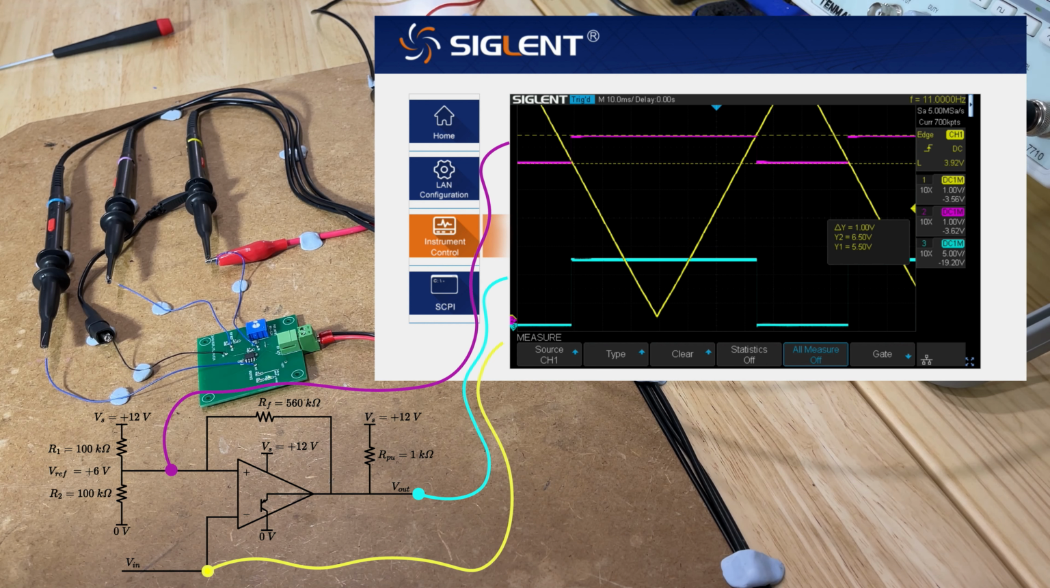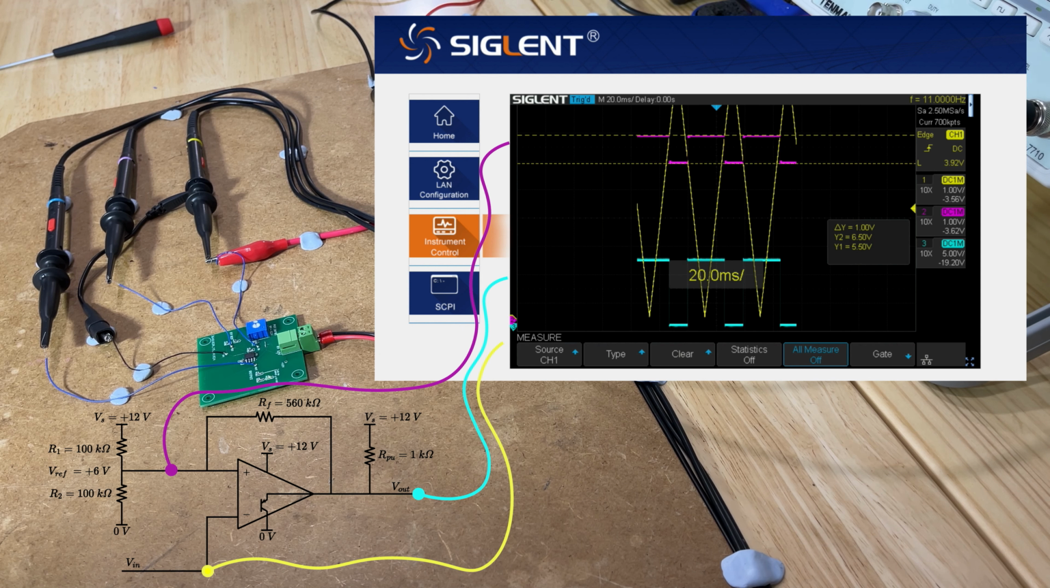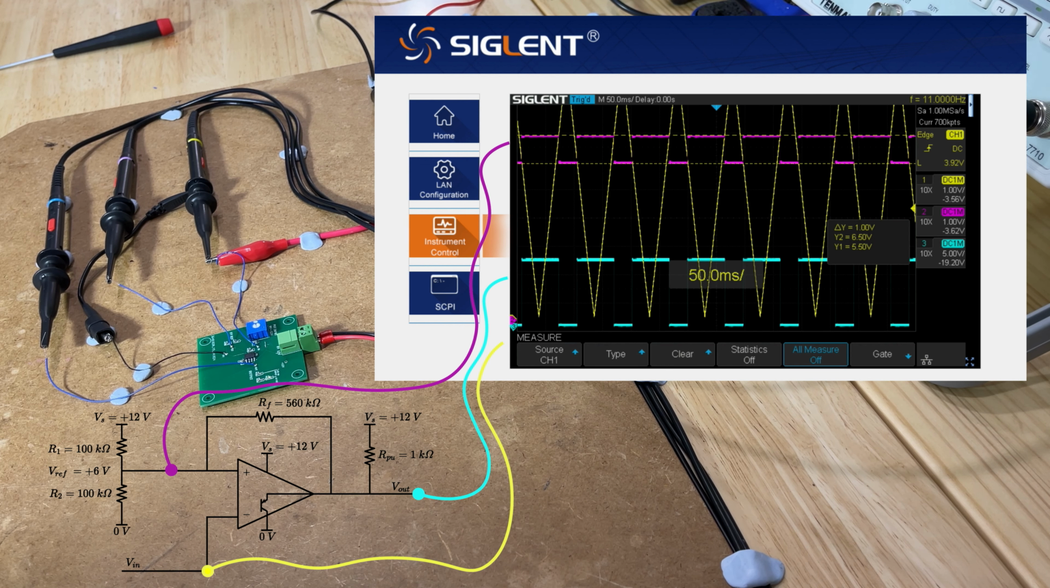So I can change the time scale here, and you can see how I've got that nice 1 volt window or 1 volt of hysteresis band. So that's a good quick way to verify